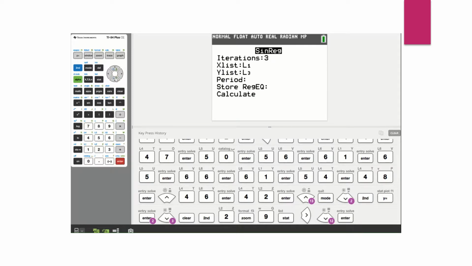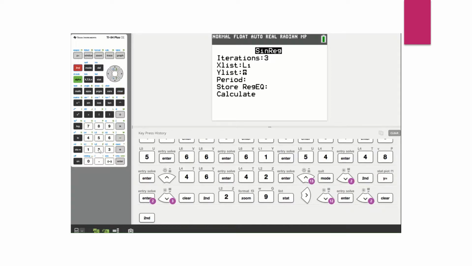And let's see, I got 3 iterations, L1. I need to change this also, my Y list there, to L2. So I'm going to hit second L2. And then I actually just learned this the other day, because I've been using vars to put it in Y equals. It says store regression equations. I'm going to hit store. Little store button,